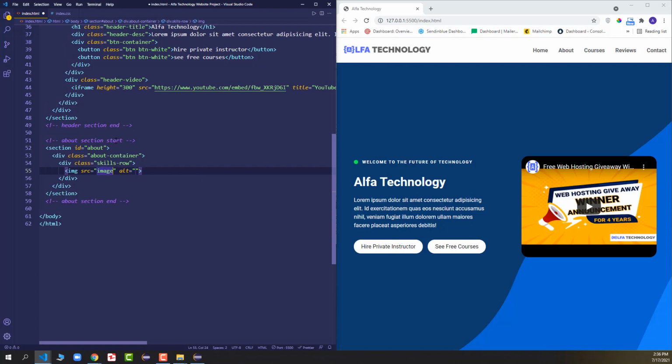In the src we'll say images slash html5.svg. As the alternative text we just paste the name of the image.